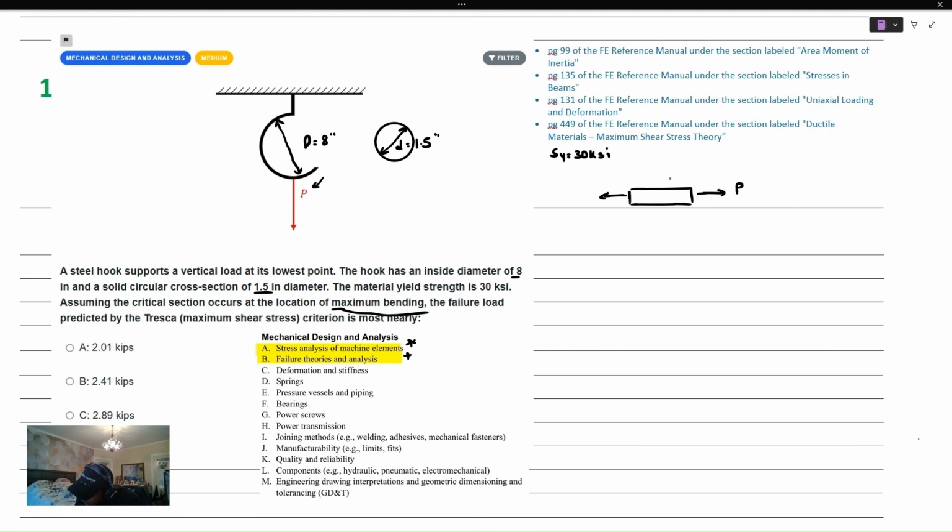If we make a cut right here and observe a stress element, this tensile specimen is going to fail when the stress produced at that section is equal to the yield strength of the material. So we would have a stress element that looks like this, where the stress in that stress element is equal to the yield strength. And if we think about the maximum shear stress in this body,